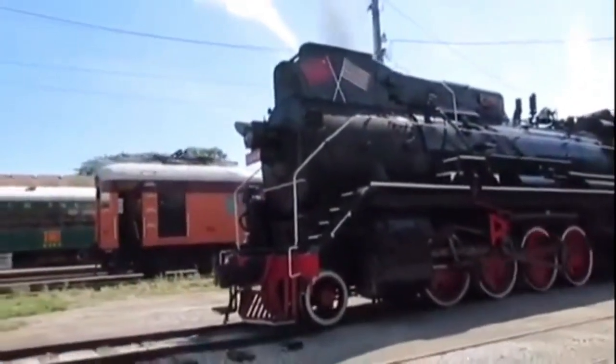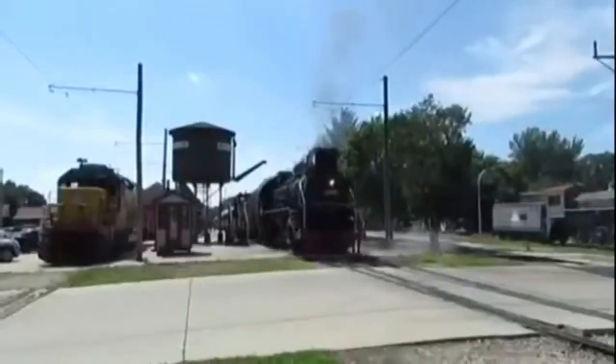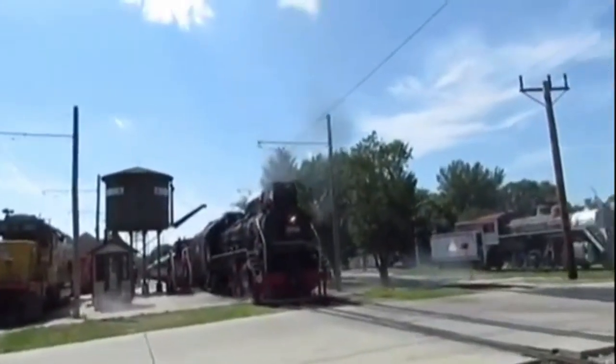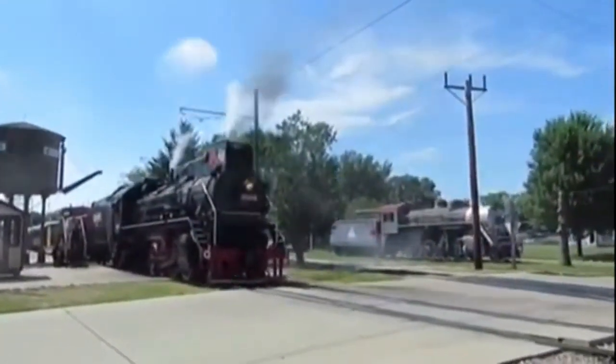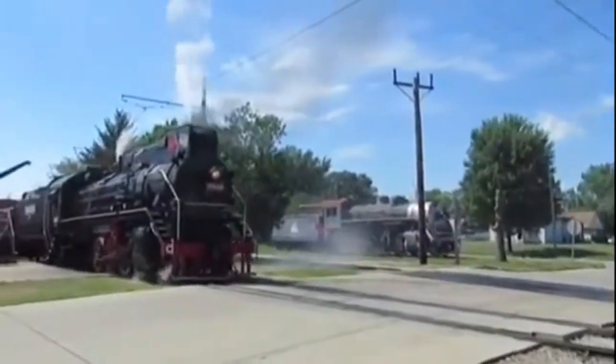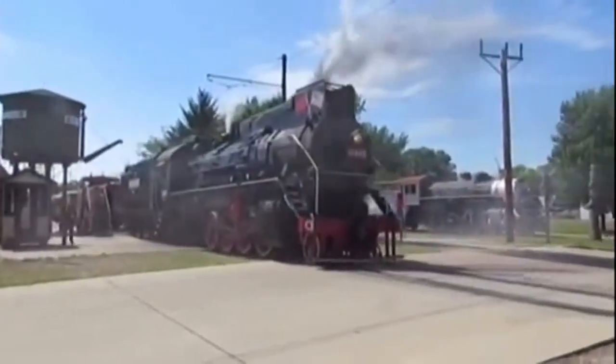Also, the cost was $350,000, including a shipping cost of over $100,000. A lot of people were thinking that this was actually the last commercially built steam locomotive in the world,